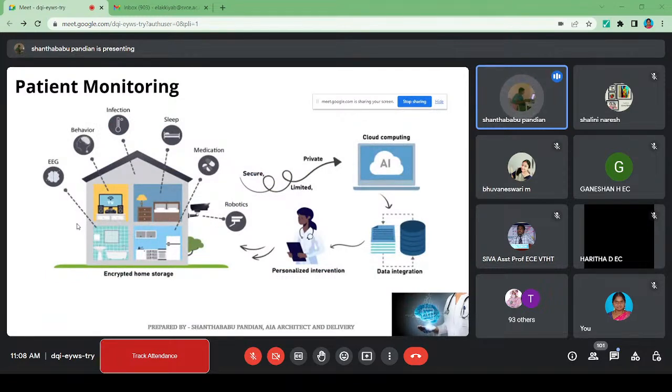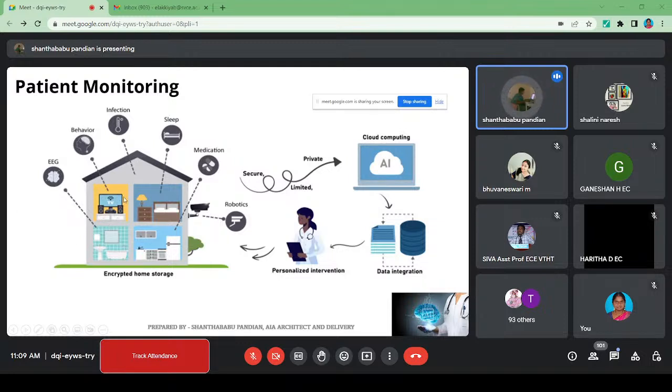I'm not sure, in the earlier program as well, we discussed the patient monitoring system, because the patient is taking treatment from home. We cannot sustain keeping that patient in the hospital, right? And the affordability is really high. So what we used to do is take the patient and keep them at home, and we can set up all the required information, and that is completely monitored by the medical officers from the clinic, right? So here it is actually a simple house, with encrypted home storage.